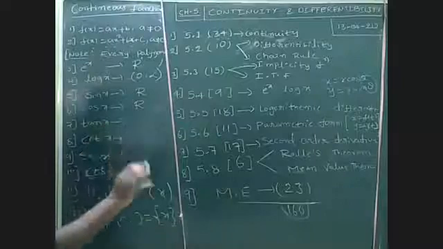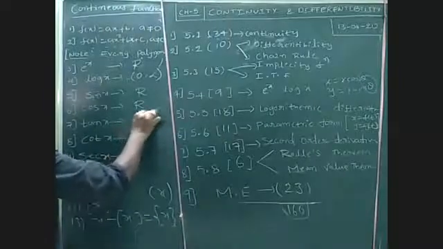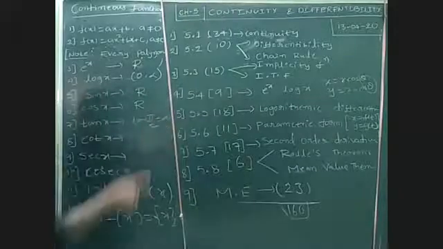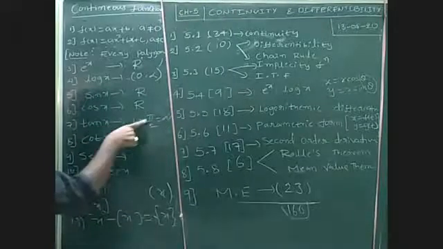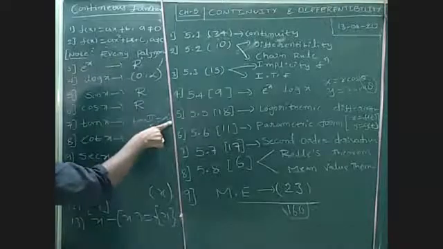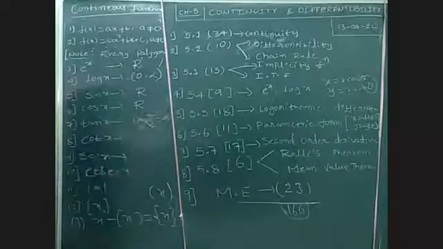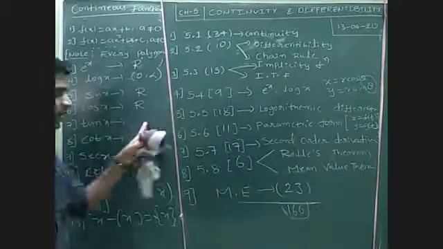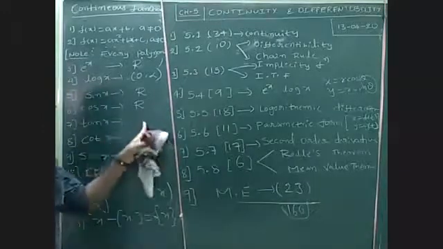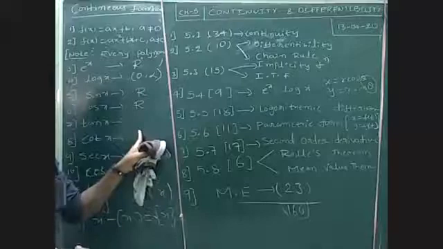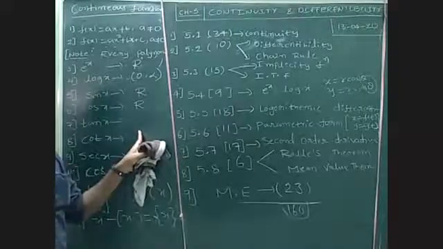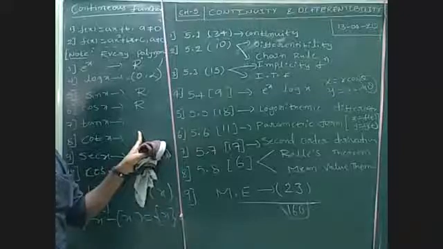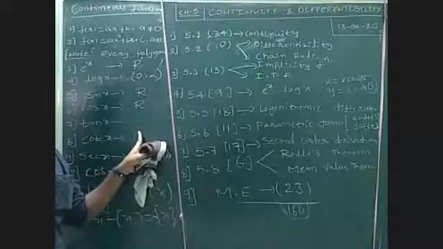Tan x, that is tan 90. Yesterday, in the last class, we already discussed this. Tan 90 is infinite. For the finite value of x, 90, the value becomes infinity. So it is not continuous at pi by 2. Then how to write the domain? Tan 90 is infinity, tan 270 is infinity, like that for every 180. Nothing but 90 plus 180 is 270, 270 plus 180, like that, adding 180 each time.